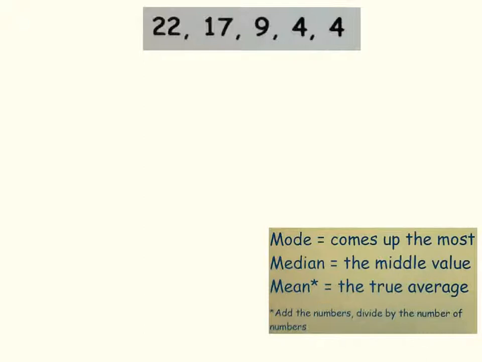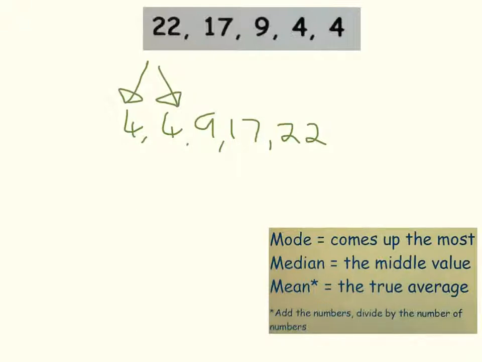Okay, so if I write the numbers out in order, I've got 4, 4, 9, 17 and 22. I can see the mode is obviously 4 because I've got two 4's and there's no other number that's repeated. The median, the middle value, is 9, and then to work out the mean I have to add all the